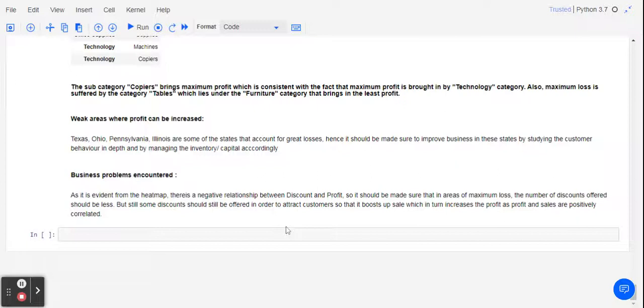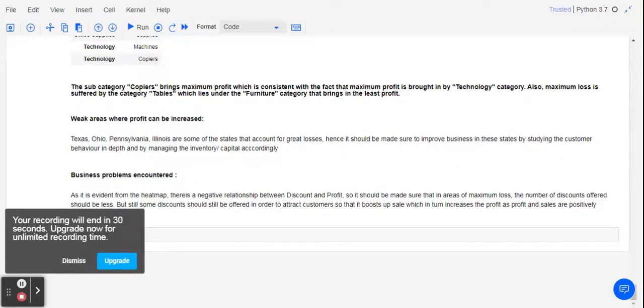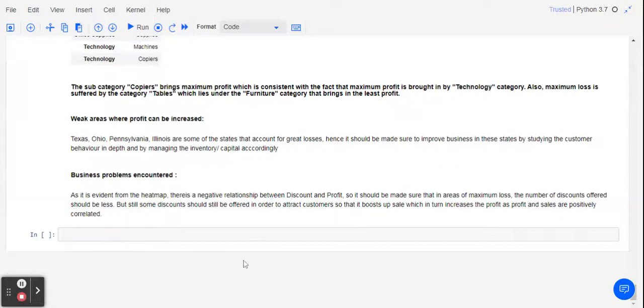But we can't eliminate the factor of discounts completely because we still need customers to come in, and we need to attract customers in some way. And by doing so, we would boost up our sales. And since sales are positively related to profit, we would be getting more profit. So although discounts may prove